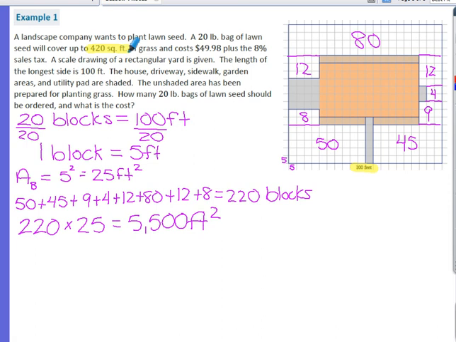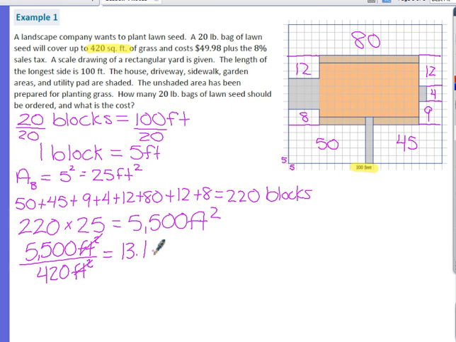So I am going to take our total amount of grass, or rather land, that we need to cover, which is 5,500 feet squared, and divide that by what each bag will cover, which is 420 feet squared. So my feet squared are going to cancel, and that leaves us with approximately